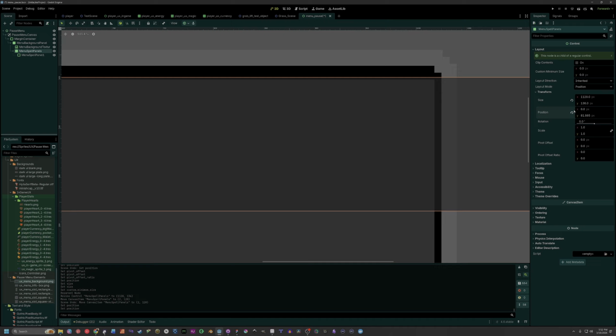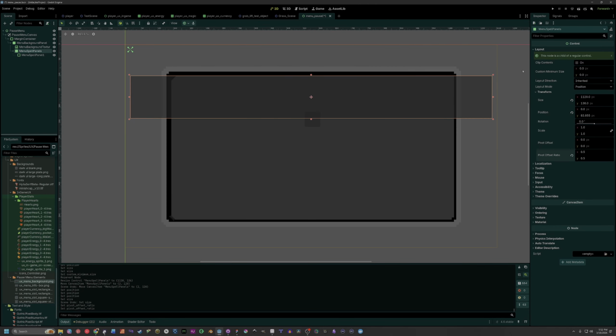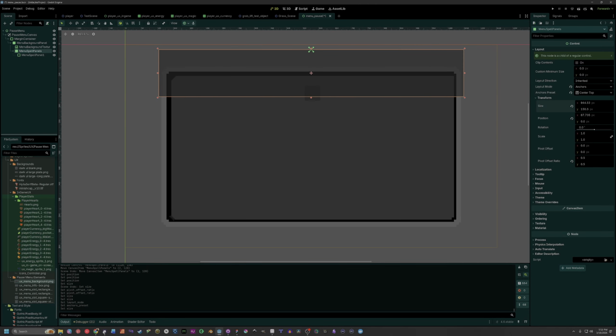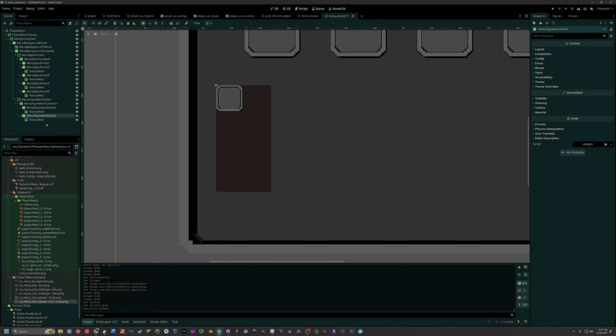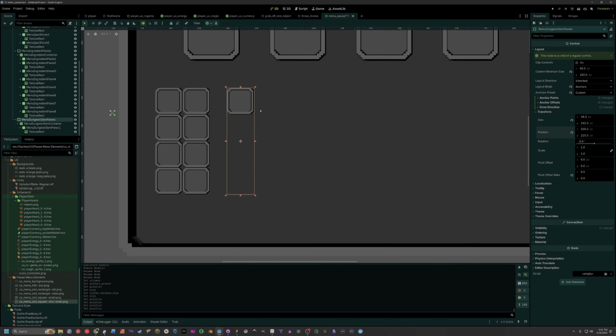My inventory is divided into multiple panels, and all of those are contained within their own subgrids. Some of those grids are horizontal and vertical full grids, some are just horizontal, and some are just vertical. Each of these are then also set into sections. We have the ingredients section, the mobility section, the spells section, which will be your dungeon items, and we also